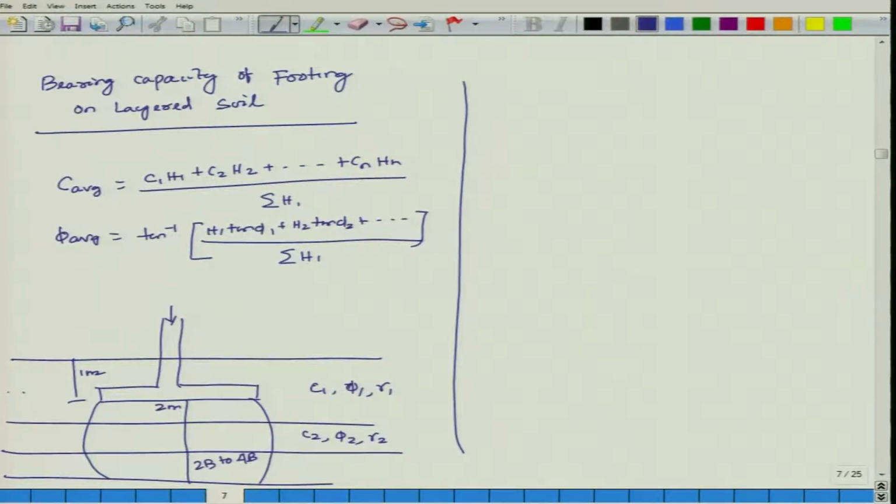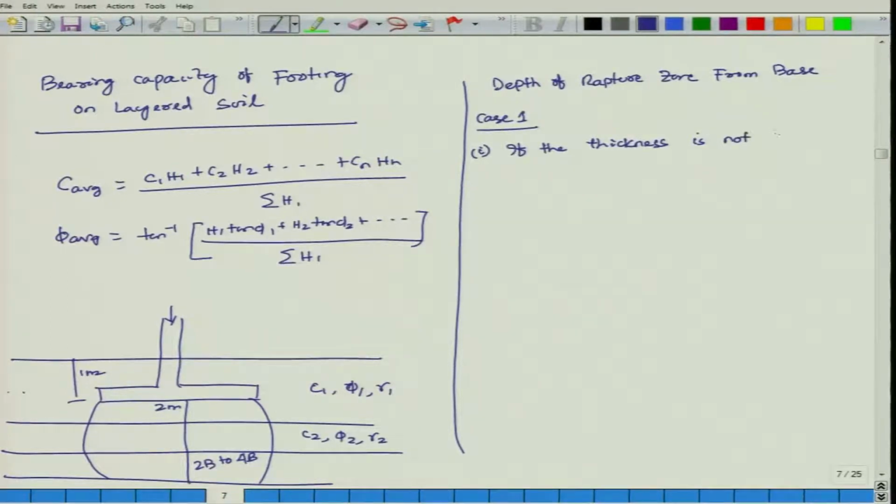So, case 1. If the thickness of the top layer is not sufficient to fully contain the rupture zone, first find out the depth of the rupture zone from the base. So, once you find it out, case 1, if the thickness is not sufficient to fully contain the rupture zone,